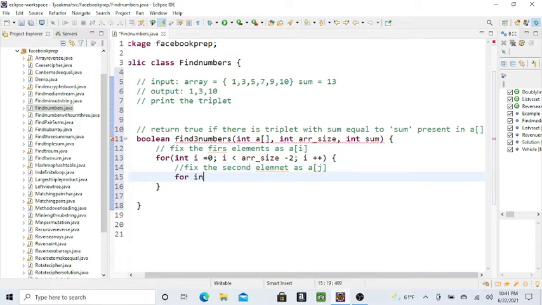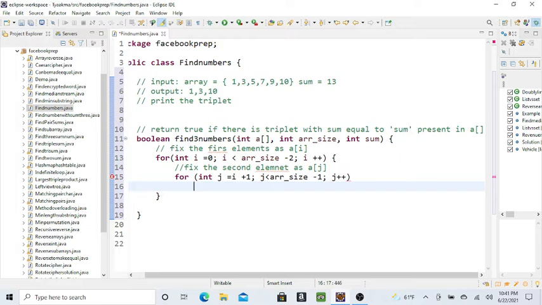So for int j equal to i plus 1 and j less than size minus 1, right? And the third would be